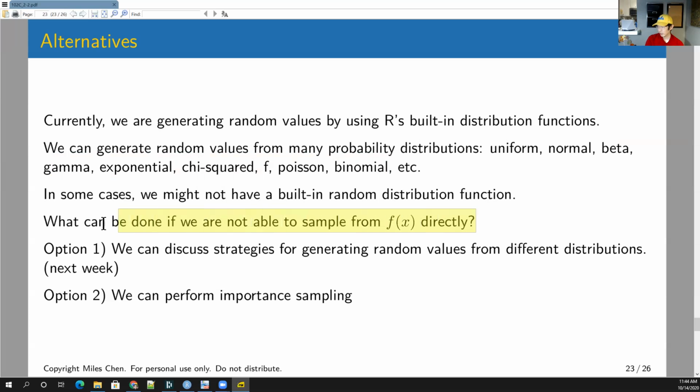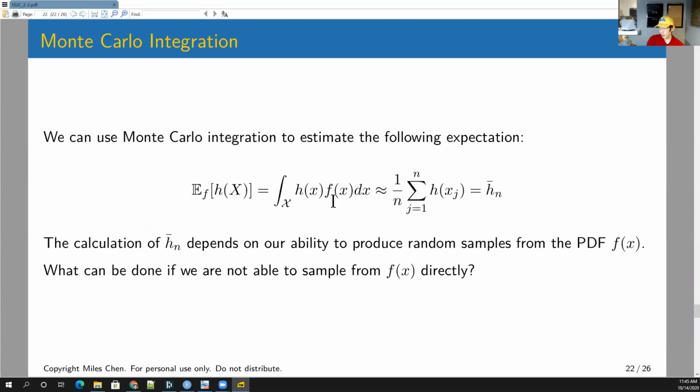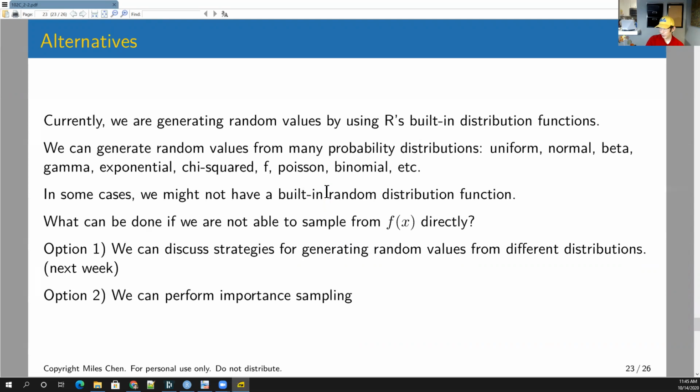So this is kind of the direction that we're going to head in. This is what we want to do. One option, and this is what we're going to look at next week, is generating random values from different distributions. If you have the PDF, how can we generate random values from it? That PDF might not be one of these nicely behaved PDFs, and we might not have a built-in function. Can we still generate values from that? We'll talk about that next week. And then the other option